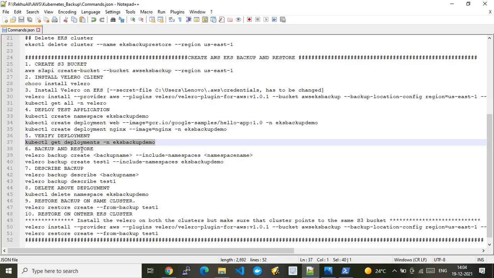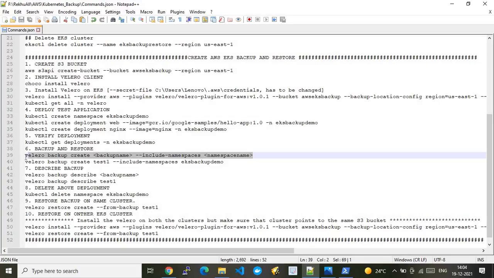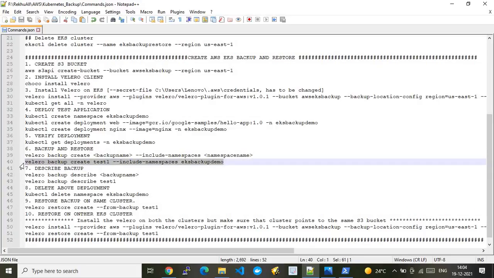Now we go to the next step, which is to back up. Okay, now we are on the right track. What we have to do is run the command velero backup create, giving a backup name and targeting a particular namespace, because Velero can back up a dedicated namespace itself. This is the syntax that you need to follow. In real time, for my case, I just run this command, which will eventually do the backup. So let's do that.